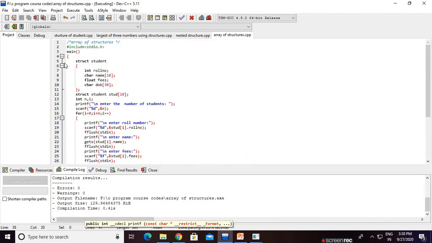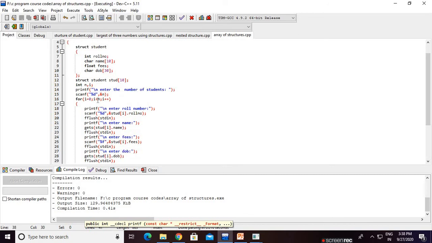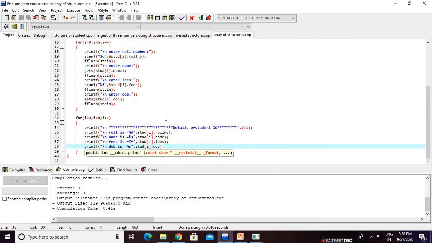I will show you the output. This is the code of array of structures. Again, I tell you the structure is very important, because after completing the structure, I will show you the union. Then I will start linked lists. The linked list part requires knowledge of structures, because we use structures in linked lists. So keep practicing, more and more practice. Okay. Observe carefully. So thank you.